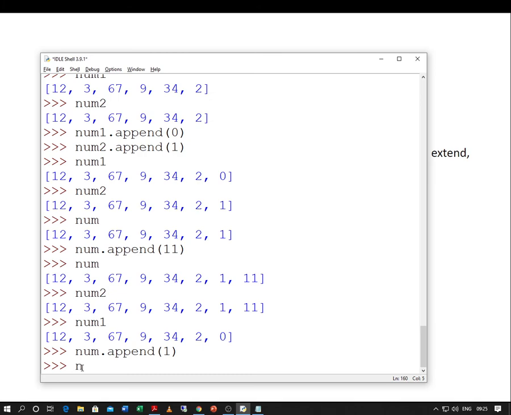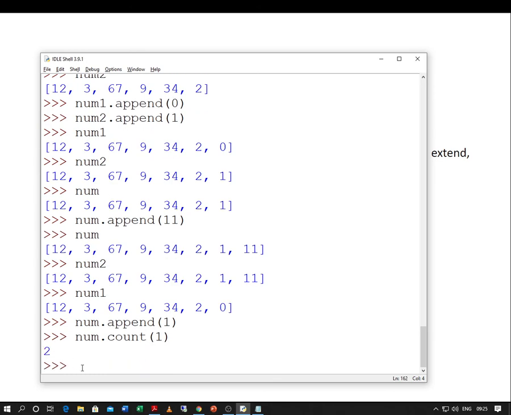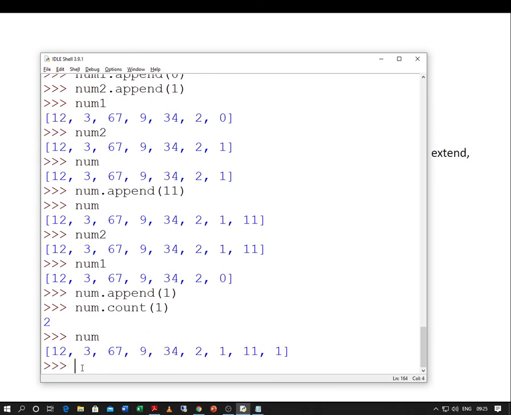Now num dot count 1. What it will return? 2. Why? Because num is containing the number 1 2 times. What this count method is going to do? It is going to count the number of times this particular element is there in the list.